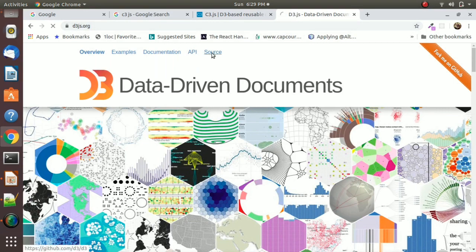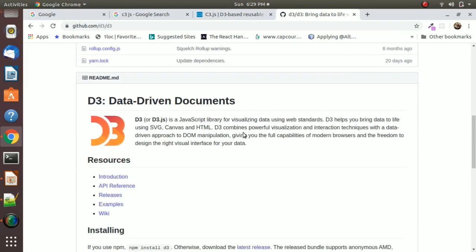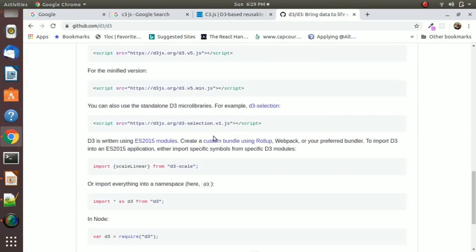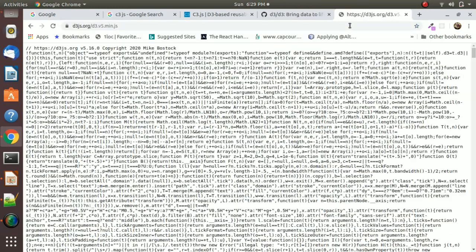Here from the source you can find the location from where you can download the D3 version 5 JS file. From here you can download that file.